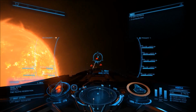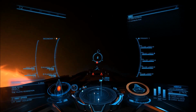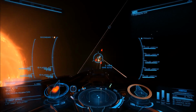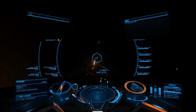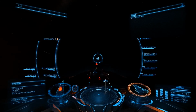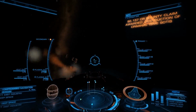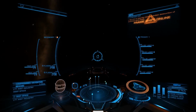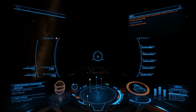Of course, if we are far away, it will be easy to miss, like always. Well, let's try to kill it with plasma accelerators and the turrets. Yeah, let's do some damage with the beam laser. The maneuverability is simply amazing with the Corvette. It's quite good. You can feel that you have the absolute control of your vessel, and it is easier to hit with the plasma accelerators,